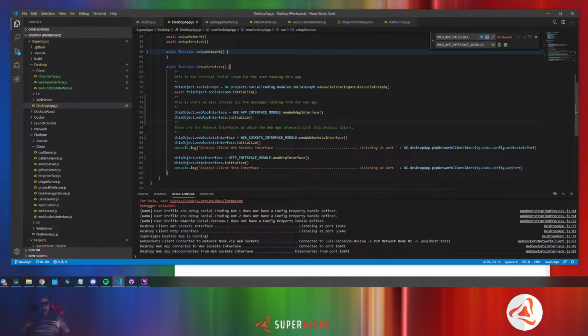Okay, in particular, and not even of the desktop React app because they use something else. In the desktop app original, the one that I started, I have an HTTP server and a WebSocket server that is exposed to the browser. Okay, and everything that is coming through there is routed to the web app interface that is loaded in this way,